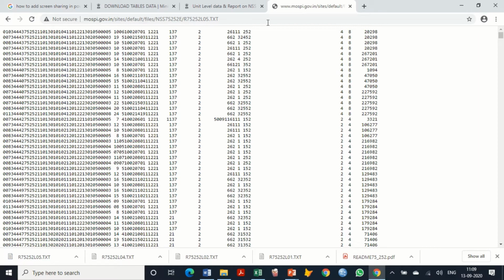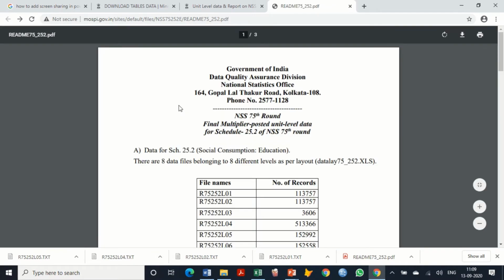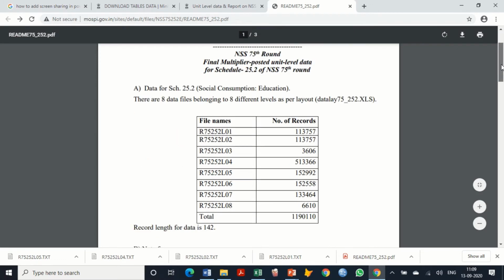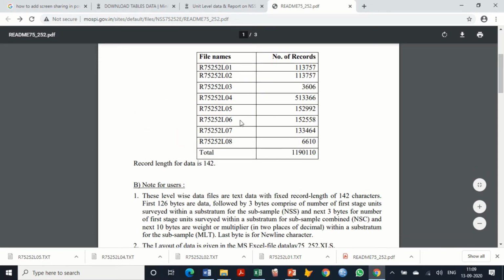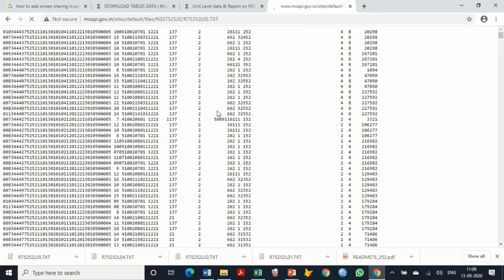So we will require three things together. One is the schedule, 75th round schedule 25.2. The next thing is this data layout, along with the description of multipliers and everything. Level 5 I have already downloaded.